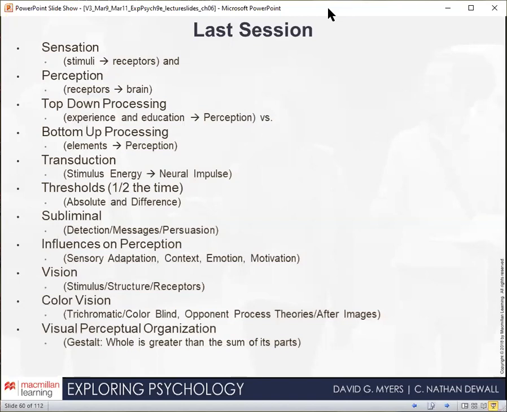We then discuss subliminal. And subliminal are all those types of stimuli that fall beneath our level of awareness. So those items that do not get to the level of absolute threshold, everything underneath that is subliminal. Now, the research out there shows us that we can detect, but yet not necessarily be consciously aware of